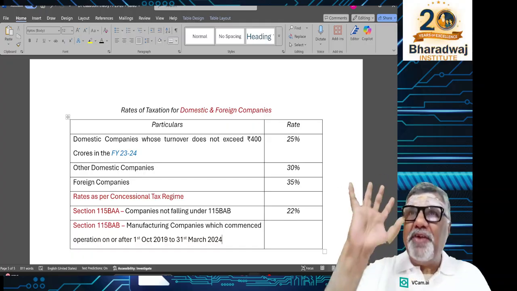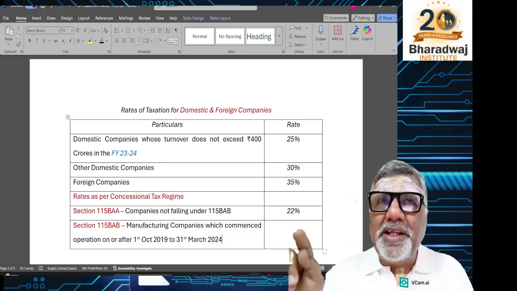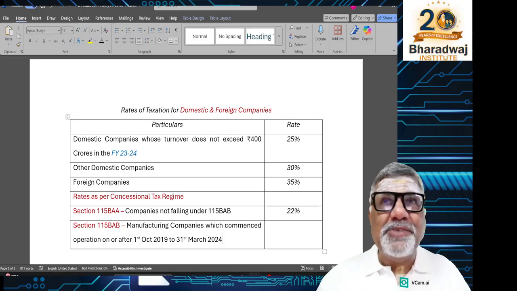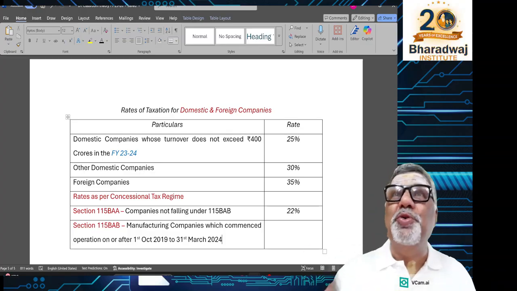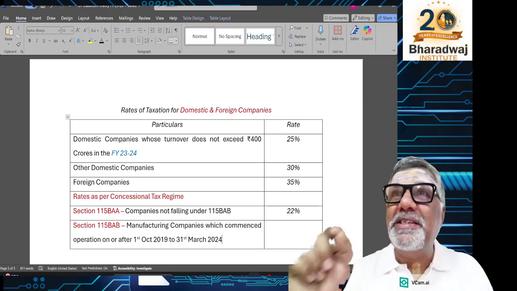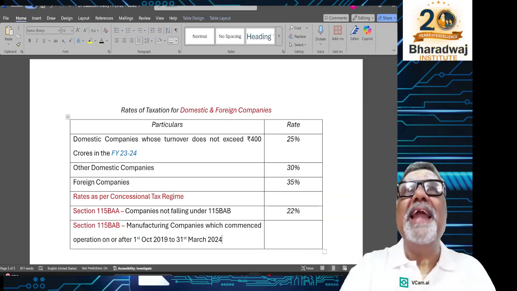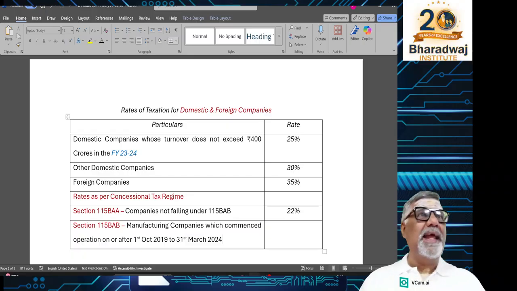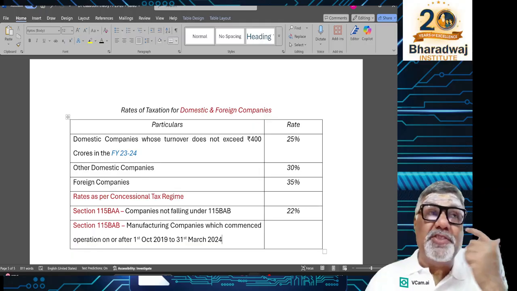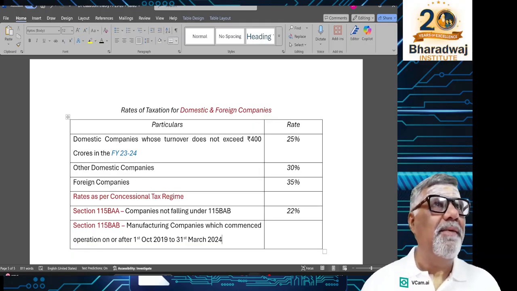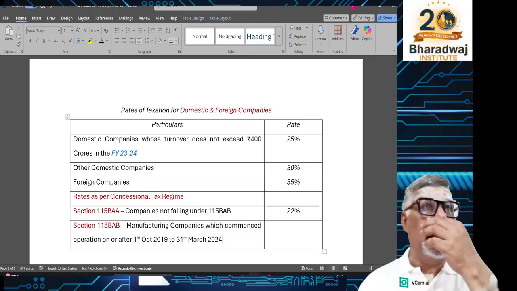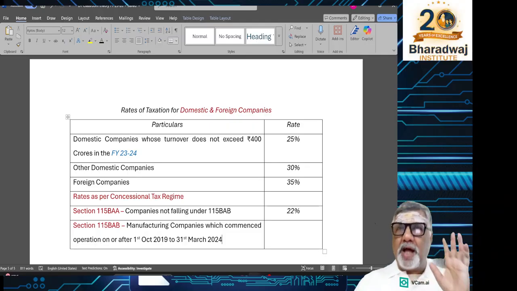So, every 5 years this will happen. 2024 minus 5, 2019. That's why you see a unique date of 1st October 2019. It is not 1st April 2019. It is 1st October because that is also an election year, where the budget was presented late and this was introduced by the Finance Act (No. 2) of that year. That's why you have a unique date starting from 1st October 2019. And I want the class to note down